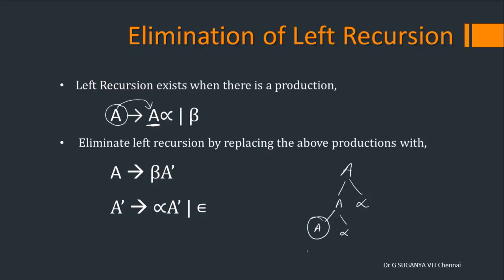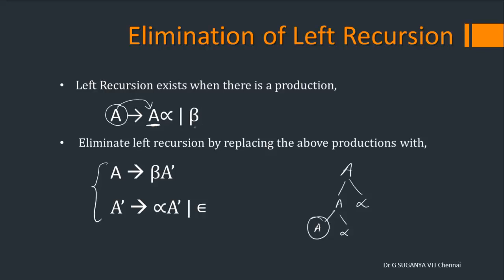You could have seen that while constructing FIRST of a particular symbol, it represents the set of all symbols that appear in this place. So when left recursion occurs, it's not possible, and hence elimination becomes an important factor. When such things exist, you can remove left recursion by replacing this with these two sets of productions. How to do it? First, try to identify which alternate has left recursion and which alternate doesn't have left recursion.